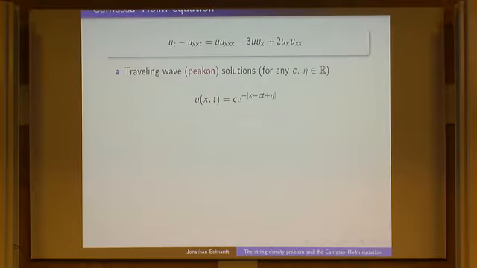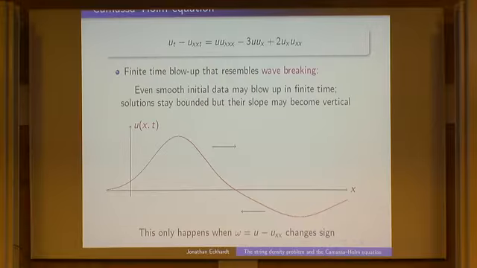Once you have reached this vertical slope, would it make sense to say that we can carry on as a solution, but the solution would no longer be a graph of a function? No, there's no tipping over. So it becomes vertical, but in a very mild way. It's not tipping over or anything. And in fact, we will be able later to continue the solutions in a nice way after wave breaking.